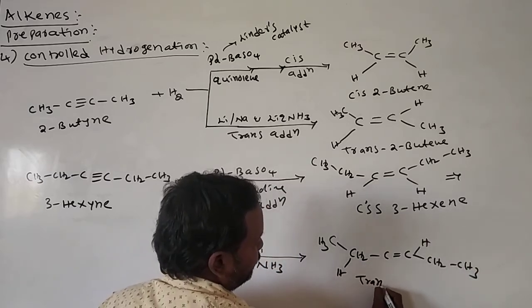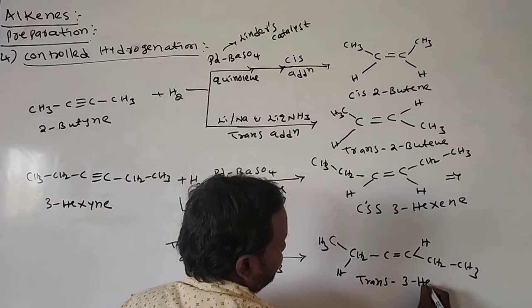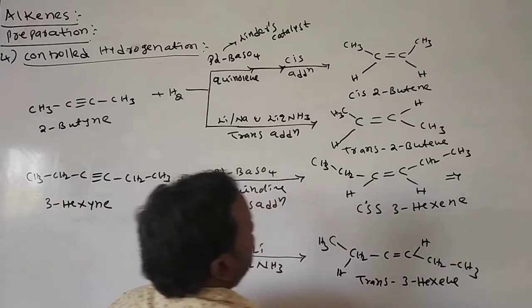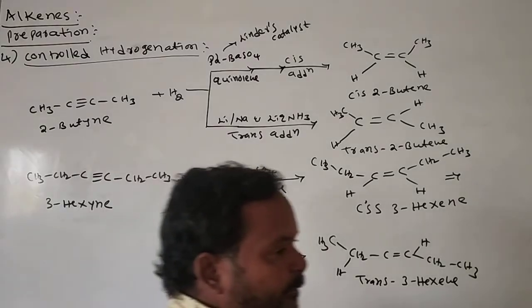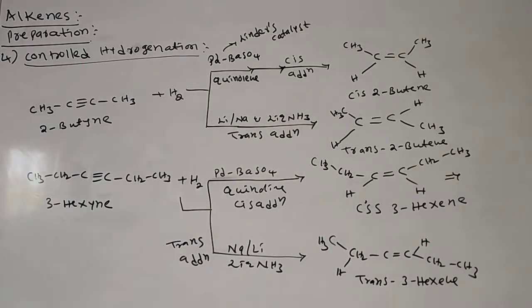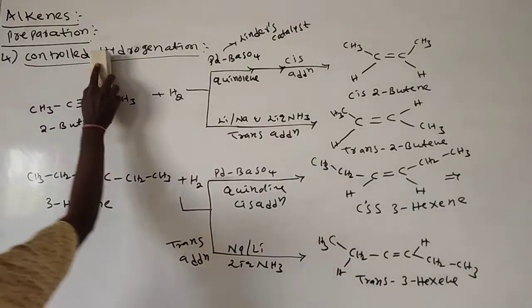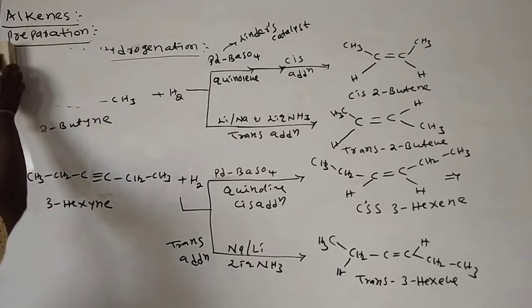This is trans-3-hexene. This is about the controlled hydrogenation of alkynes. In the presence of various reagents, we form cis-alkenes and trans-alkenes. This is one important reaction. Then in continuation, we will see one more preparation,